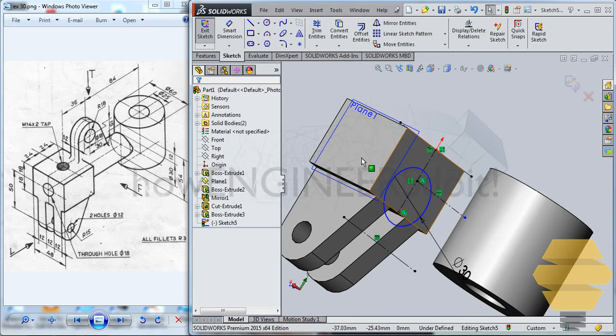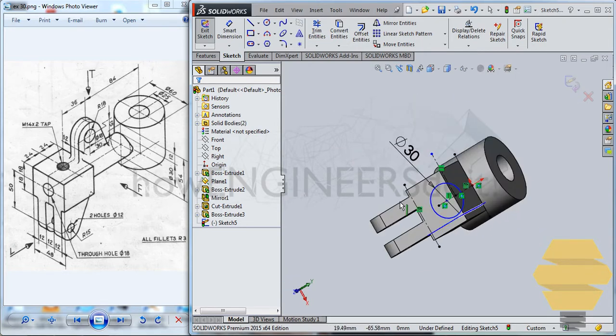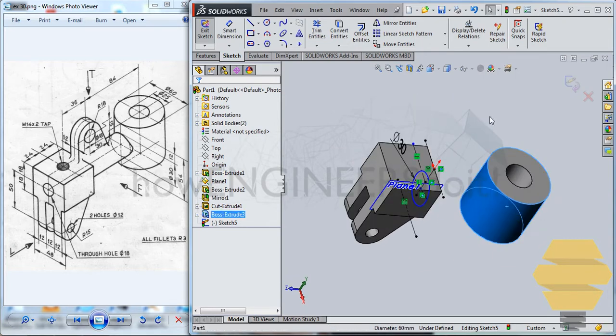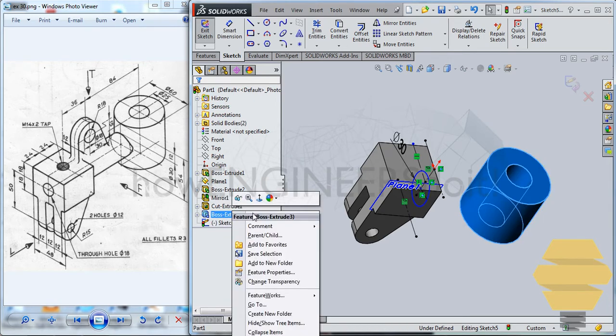Okay, so I think that there is one dimension that's missing in this. The reason why I'm not getting it right is because I think the cylinder needs to go 9 mm upwards. So what we'll do is we will 9 mm upwards, right? So we'll go here, go for extrude boss and base, and just